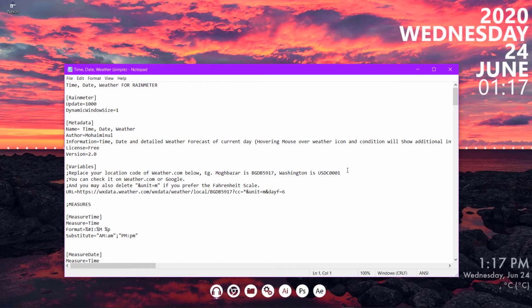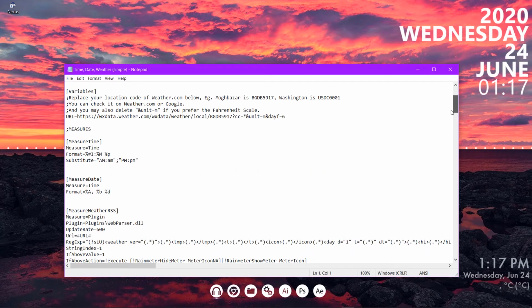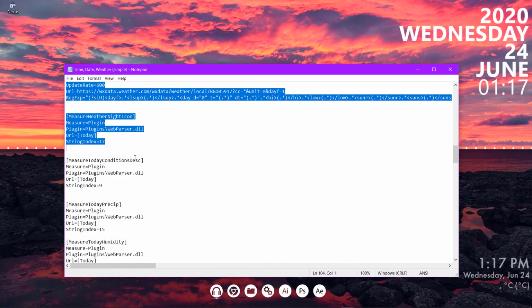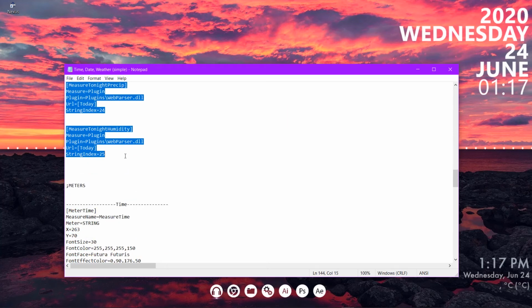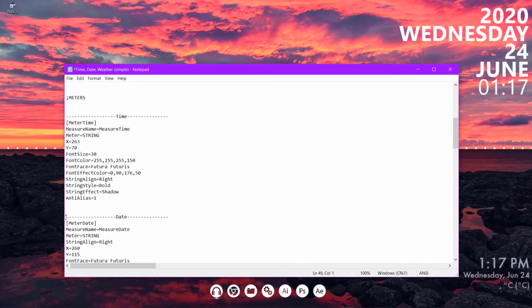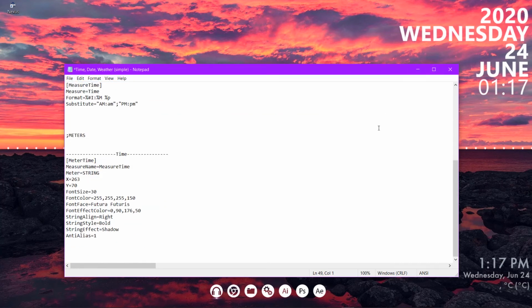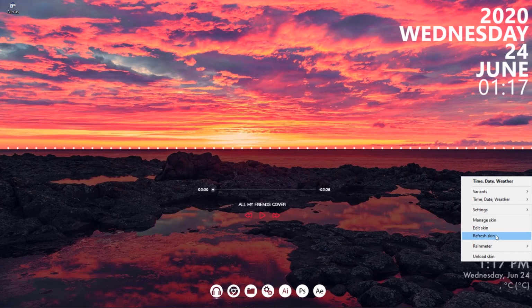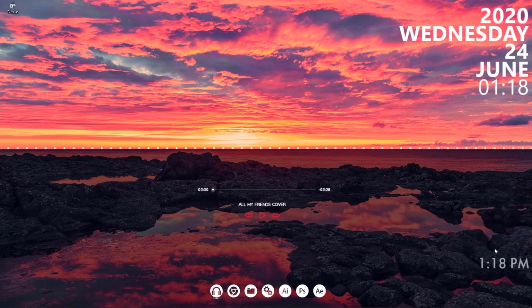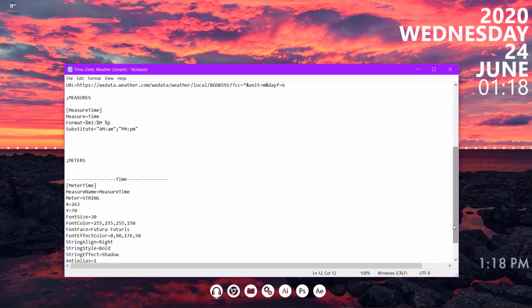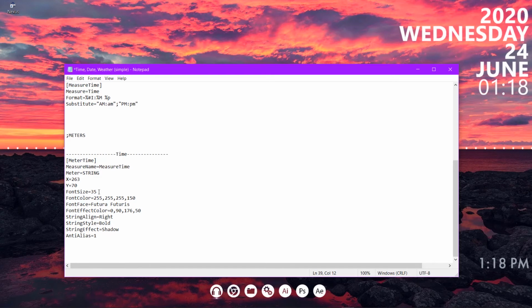We just want time, so we'll remove the rest. You can see in these square brackets, measure date is written. As we only want time, we will remove the rest of the text. Highlight it till here and remove it. Again, do the same. Just leave the time text and remove the rest. Only these two shall be remaining. Press Ctrl S to save. Right click on the skin and select refresh skins. See, it looks way better now. Oh, I forgot. Go back to the edit settings, change font size to 35. Save it and refresh the skin.